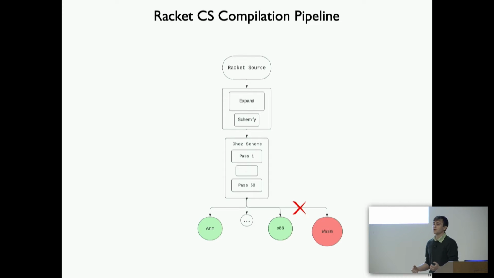It makes our life harder at the back end because if we want to target an ISA that doesn't support unstructured jumps very well, we're then consuming an IL with tons of unstructured jumps everywhere. How do we deal with that? And so that's where this Racket-to-Wasm comes in here. It's kind of hard to just slot Wasm in. Actually, very difficult, in fact, to just slot Wasm in as another backend. So that's the context for all of this work: it's hard to make a backend for Chez Scheme.